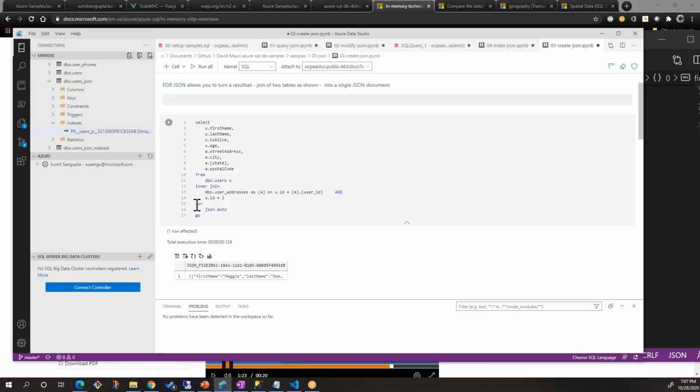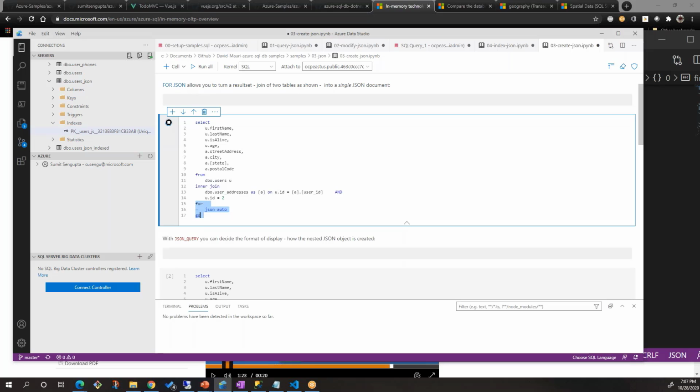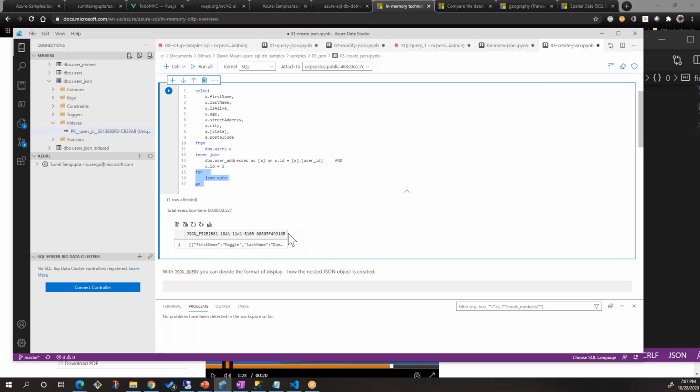So all we're doing with FOR JSON AUTO, and AUTO is smart in that it can represent the data and show it as a JSON field. So here it looks like that long Visual Studio one document. Just for simplicity, we're picking one person. So this is Maggie. Now, FOR JSON AUTO formats this automatically as a JSON document.